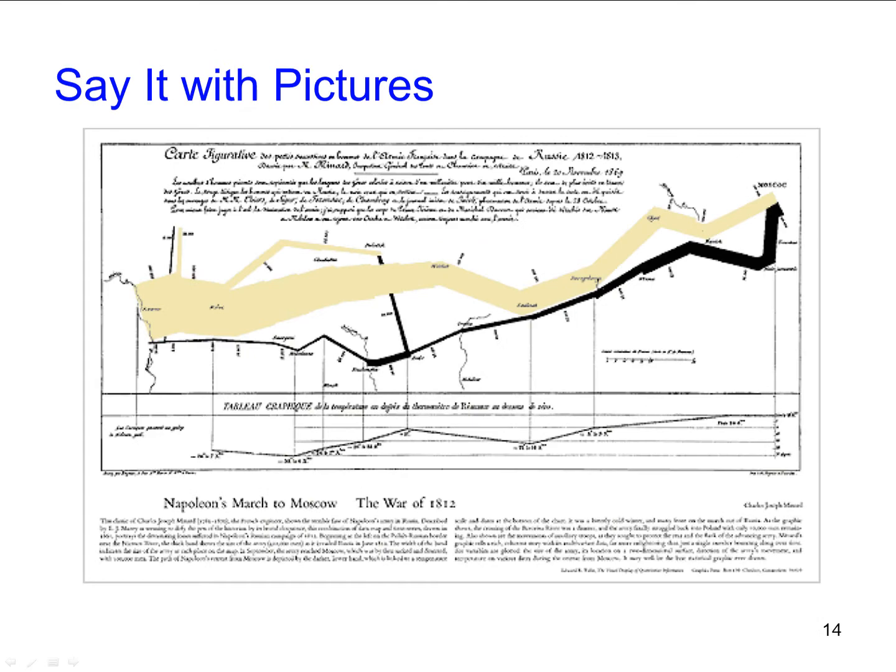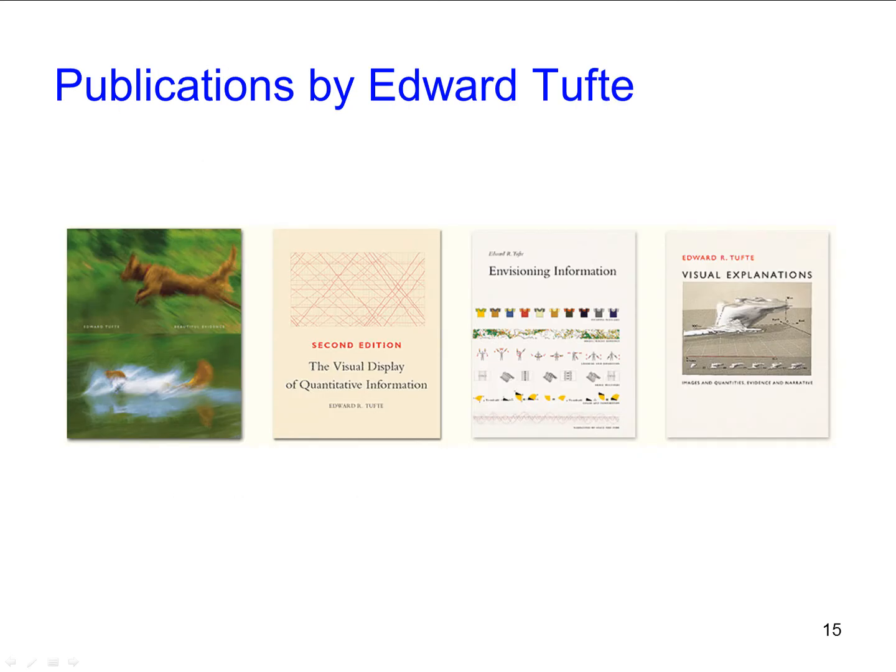There is one point on the return where, in crossing a river in France, approximately 2/3 of the troops fell through the ice and drowned. The name of that river is synonymous with the word disaster in French. Menard created the poster in 1860 to depict the futility of war. If you can put up one graphic that does as good a job at making your point, your presentation will succeed. For more on this, every self-respecting educational technologist should own copies of Tufte's 4 seminal books: Visual Explanations, Envisioning